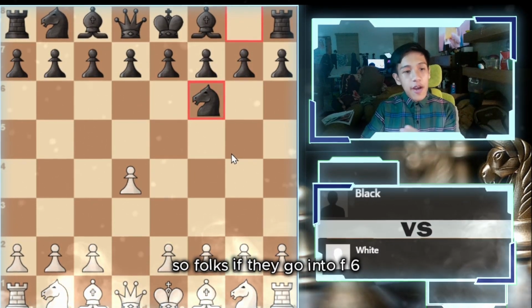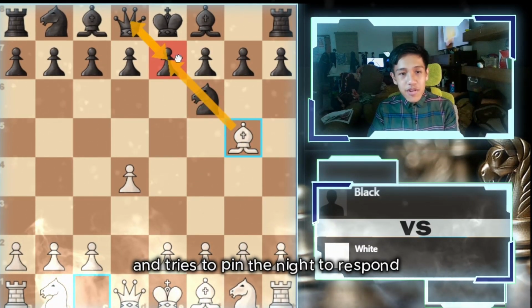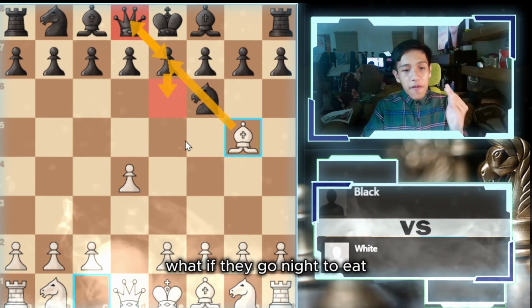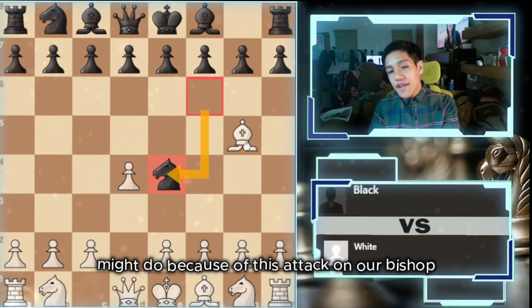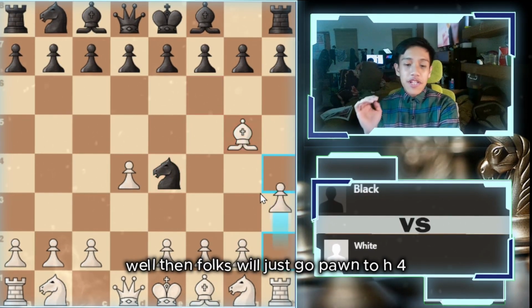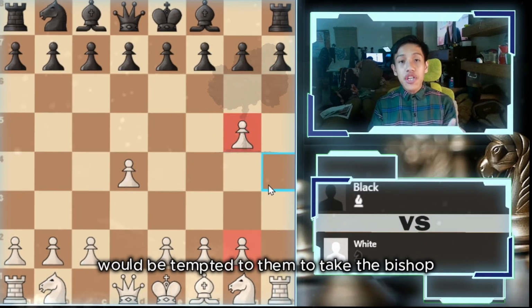So, folks, if they go knight to f6, we will just go bishop to g5, which attacks the knight and tries to pin the knight to this pawn and maybe this queen later on. What if they go knight to e4, which they might do because of this attack on our bishop? Well then, folks, we'll just go pawn to h4. If they do take, which would be tempting to take the bishop because of the fact that we